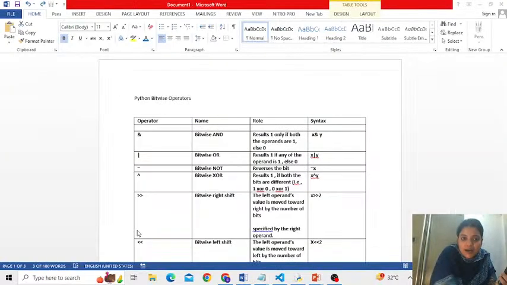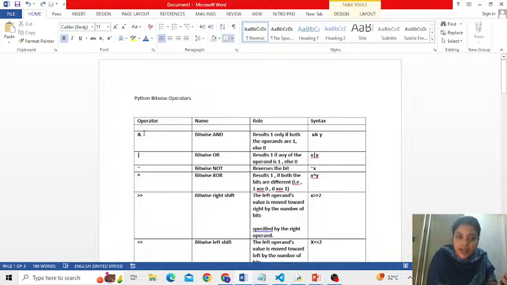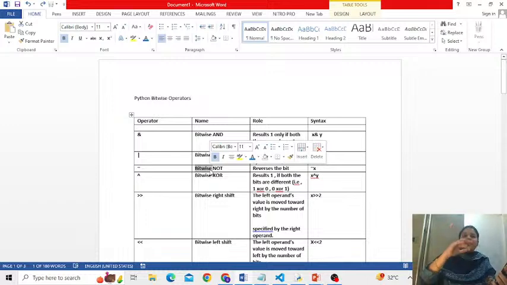Okay, so these are 2 to 3 operators from the bitwise list that we discussed, and maybe bitwise OR and bitwise XOR. People, bitwise NOT is very simple. If the digit is 1, it converts to 0. If it is 0, it converts to 1. Okay, I won't go into the depth of bitwise NOT because for that you need to understand what is 1's complement and 2's complement electronically. So we won't ever come across that scenario where we will need bitwise NOT and all. So we skip it. I hope you got it.